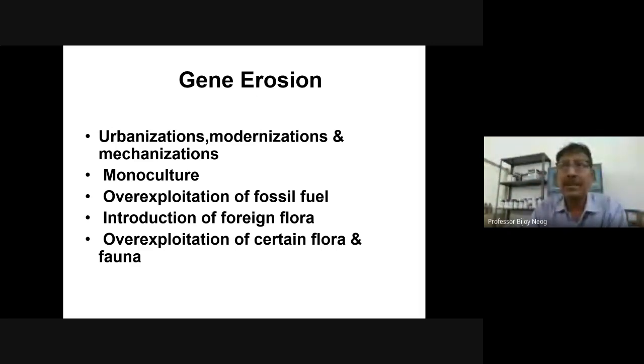Introduction of foreign flora is another major reason, and we have introduced a lot of things nowadays. We have the hybrid varieties, and especially I know about Assam that we had a lot of flavored, scented rice varieties, but their production is very low. That is why, while introducing hybrid varieties from other rice varieties, farmers have started cultivating those rice varieties. In that way,